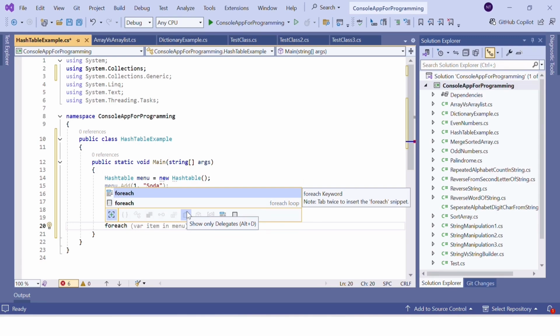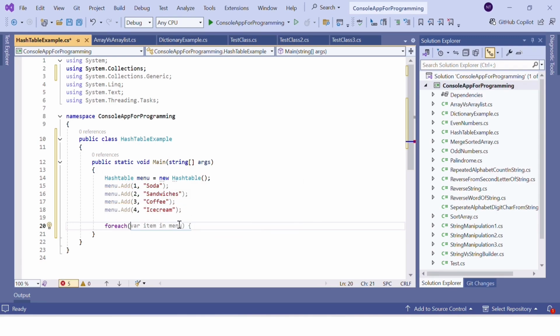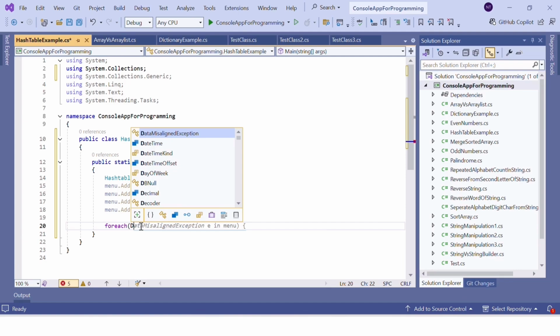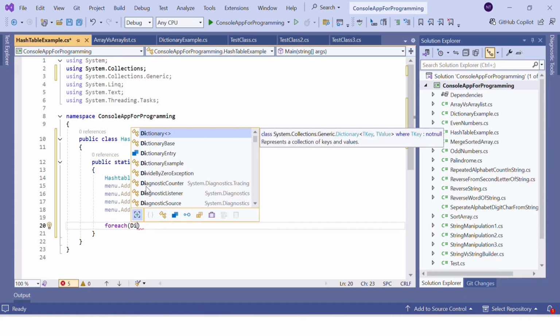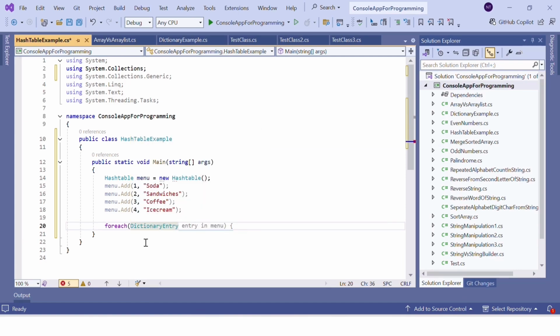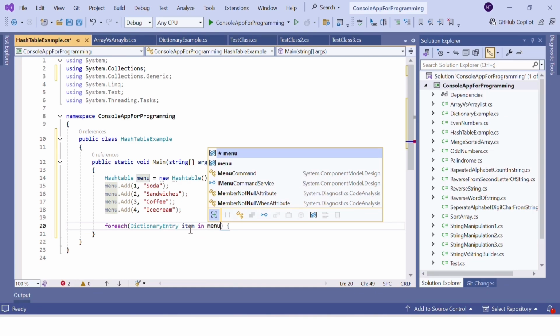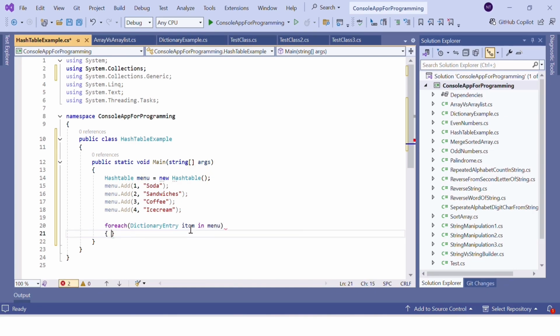Now I will use a foreach loop to print all these values. So just like, okay, here in the foreach loop I'm using DictionaryEntry. See, the detail of DictionaryEntry is given while we hover on it. So we have to put some name also, so for that DictionaryEntry I'm using item, and the collection is menu, so in menu. So this is my foreach loop,